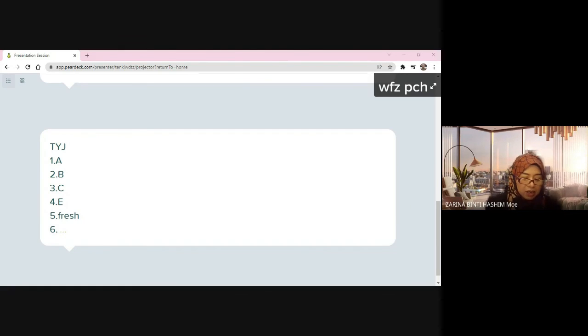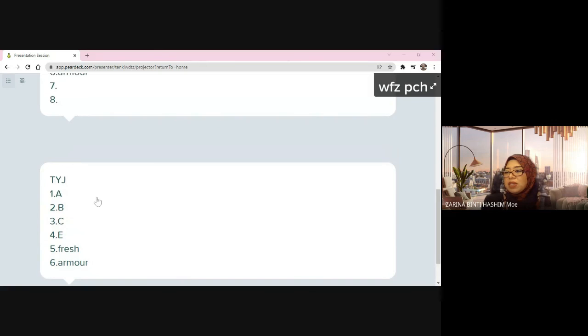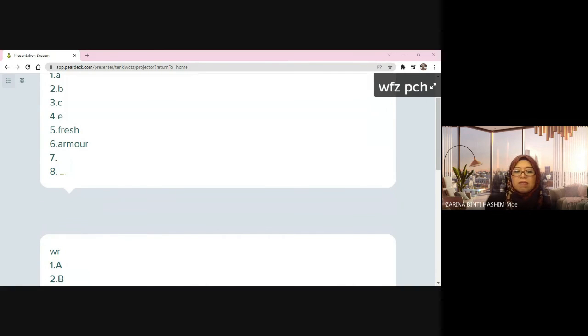Number 6. The heroine steals her father's watch so that she can join the army. Let's talk about which movie? Army. It is about Mulan, right? So the movie is Mulan. So look at D. What does the heroine steal from her father? Mulan steals her father's armor. Yes, armor. Okay.